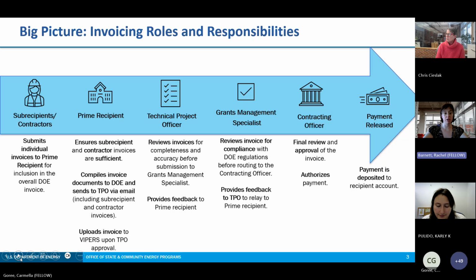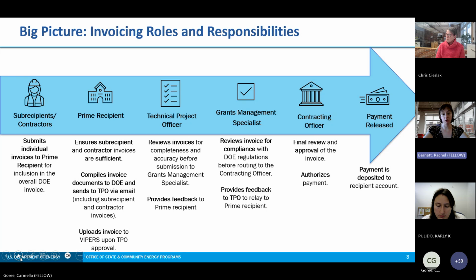The prime recipient ensures subrecipient and contractor invoices are sufficient. They compile the invoice documents to DOE and send them off to their TPO via email. Invoice documents include the subrecipient and contractor invoices provided. And the prime recipient also uploads to Vipers upon TPO approval.